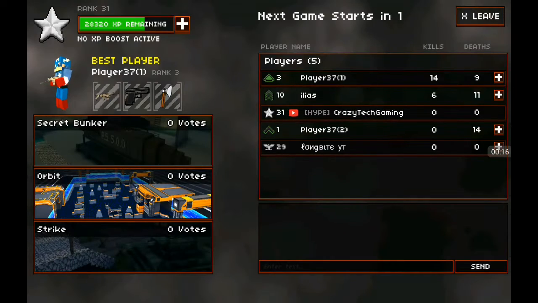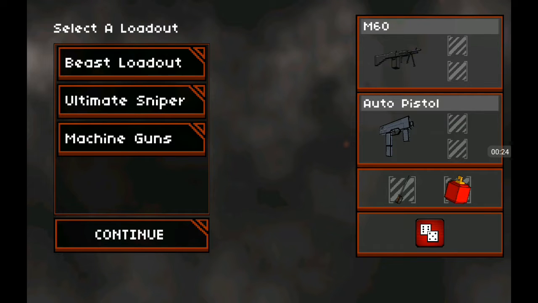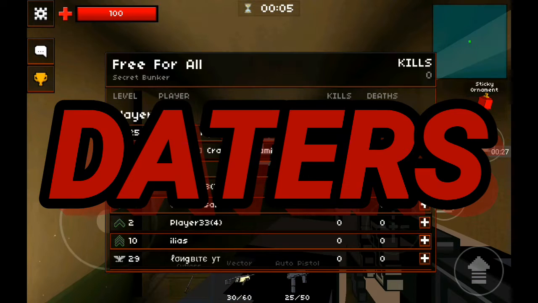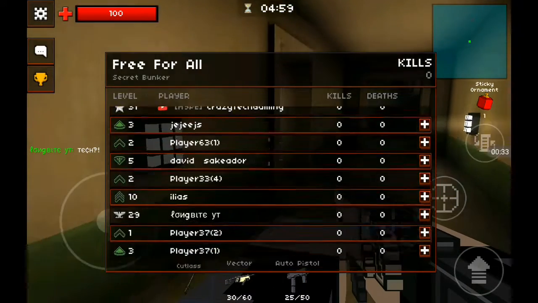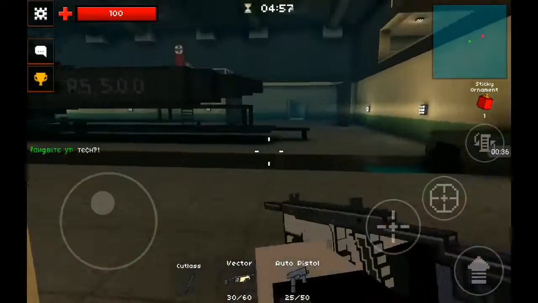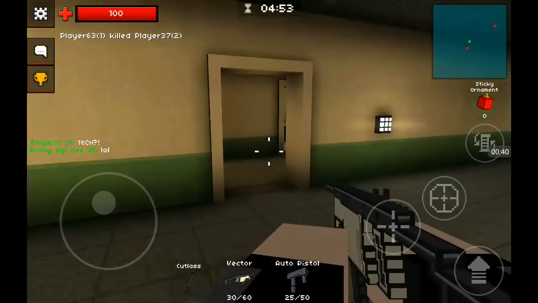We now move on to Pixel Strike 3D, which I'm going to put through the exact same test as I did with Pixel Gun 3D, starting with, of course, daters. And I think there are absolutely no daters at all. I've never ever met a dater. I probably will never meet a dater, and I'm so happy for it, because now I can play all I want